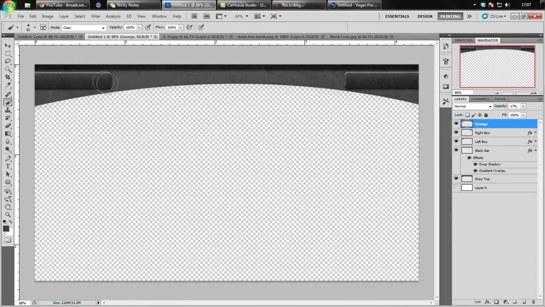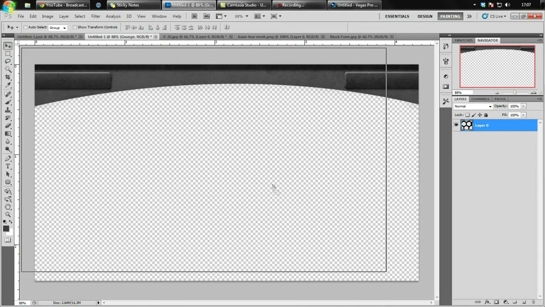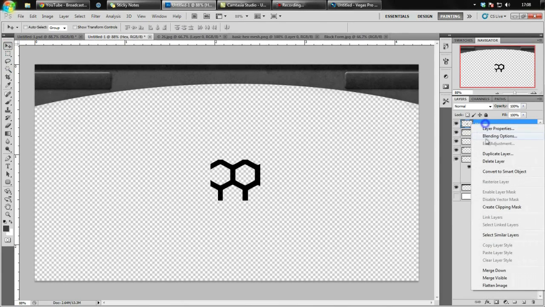And then you can see on the black bar, the left box, the right box, and the grey top, it's just got a bit more texture, so it just looks a bit cooler. Next, we'll use this basic hex mesh. Obviously, I don't want it this small, so if I just drag it into here and I name this hex or something, then I can duplicate the layer